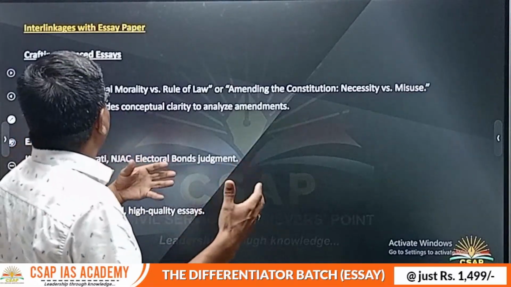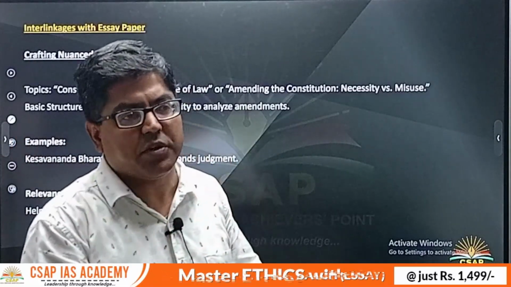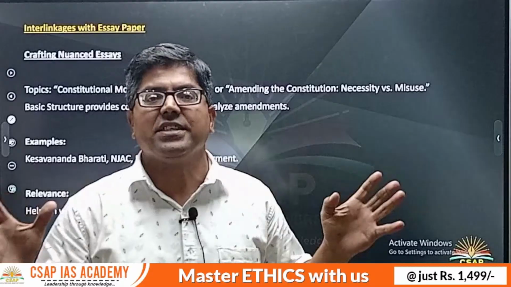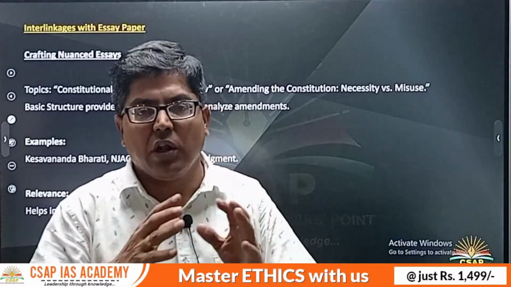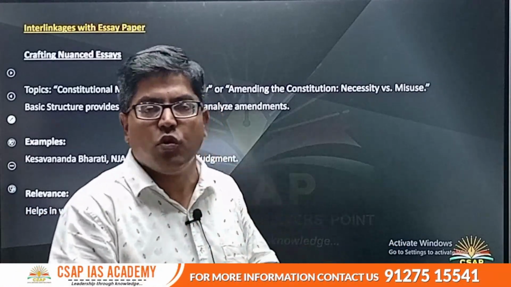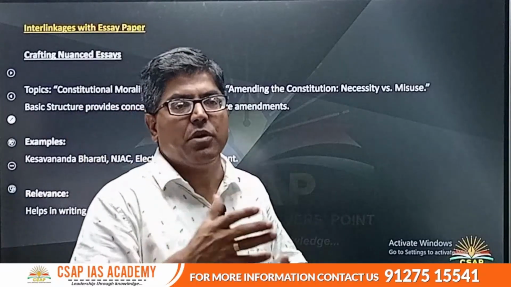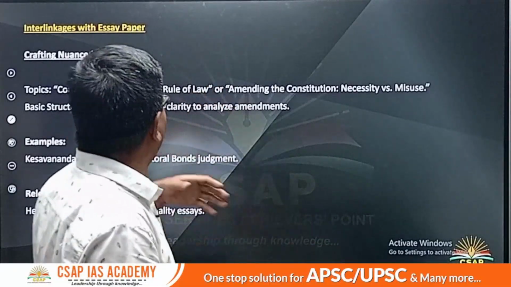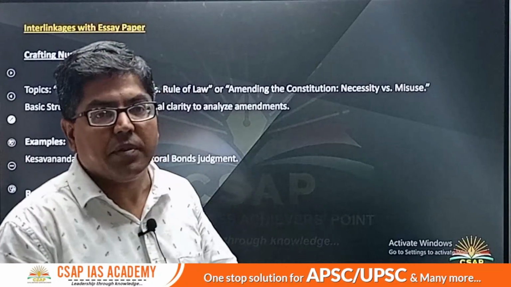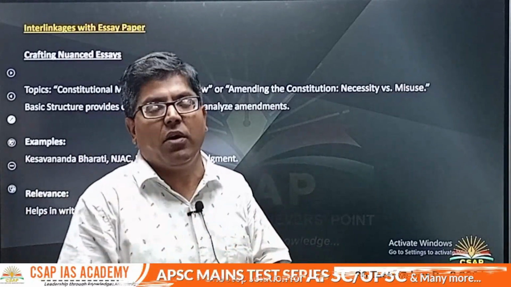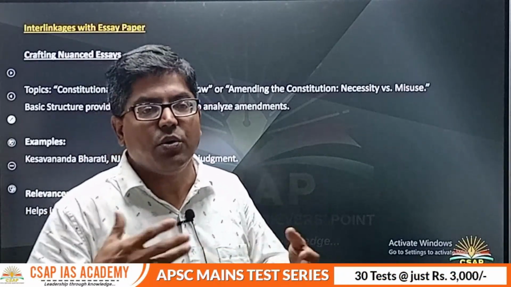Okay, and with the essay paper, for example, you may have a thought process like, this is all fine, sir, we have got to know about all these things, GS paper 1 and so on and so forth, and we will be able to find the interlinkages also, but what do we do with the essay paper, that we are weak about? And how do we work on that?